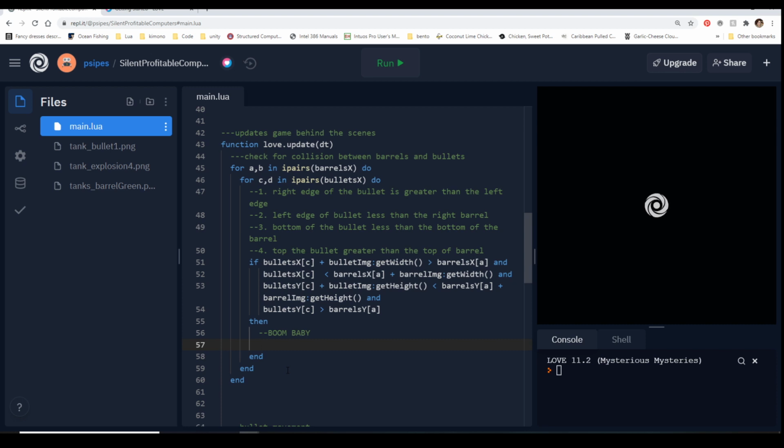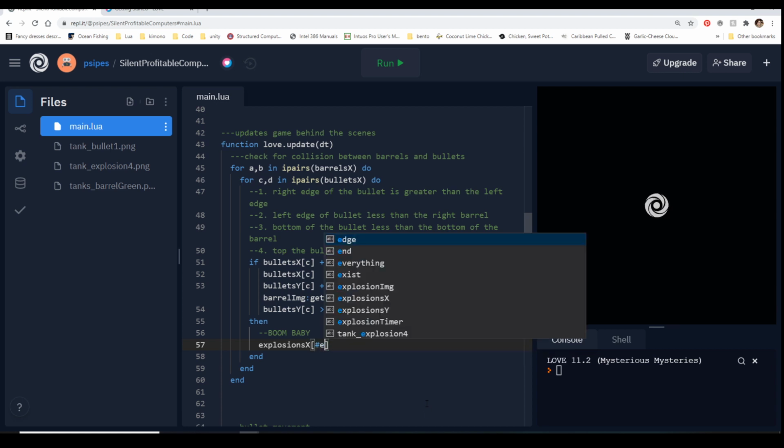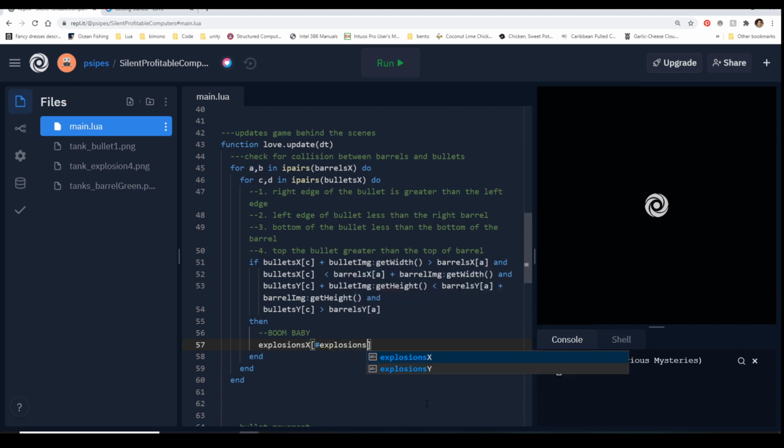So we're gonna say, okay, if a bullet hits a barrel, we want to create the explosion. So to do that, we have to put the X at the X place and the Y at the Y place. So we're going to say explosions X. And we're going to do, again, our favorite, add it to the end, explosions X plus 1.